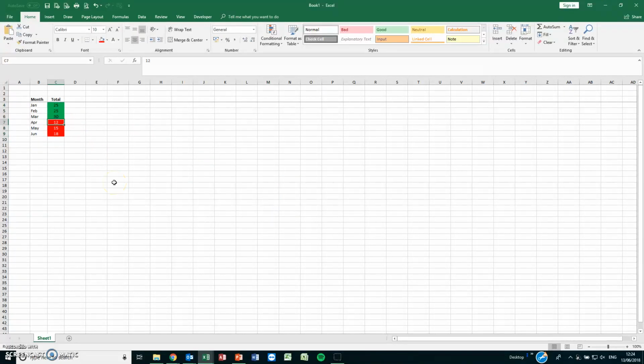Now, if these cells were the result of a formula, as they change, the cell formats dynamically change as well. So if we change that to 12, it goes to red, and if we change that to 50, it goes to green. So hopefully you've found that useful,